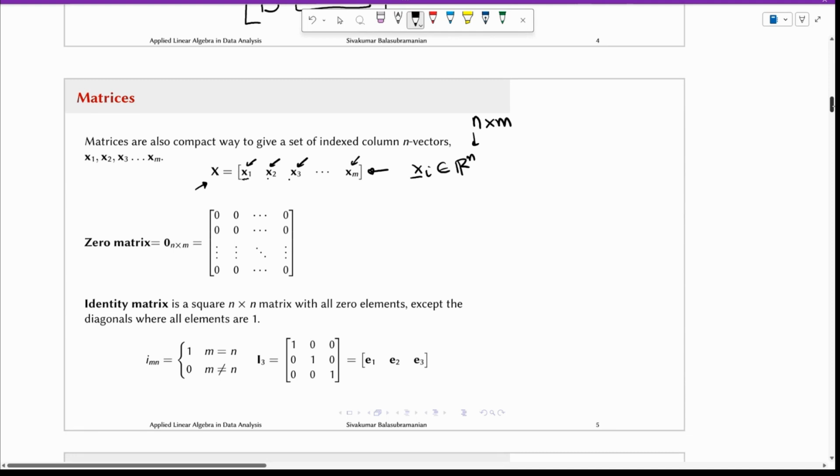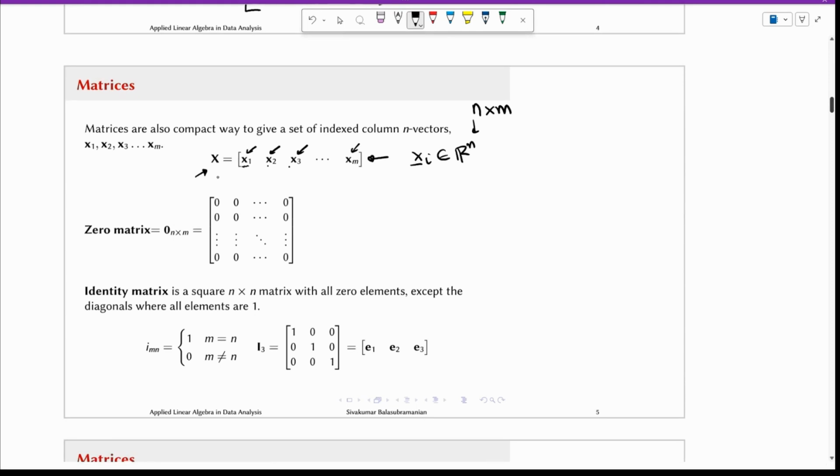If I have a matrix X, we will usually write the columns as bold small x i. Whenever you see this, if you have a matrix X, then we'll represent the ith column of the matrix as the bold lowercase letter corresponding to the matrix with the subscript i. So if I'm talking about matrix A and I say the ith column, it would be this. If I say the fifth column,